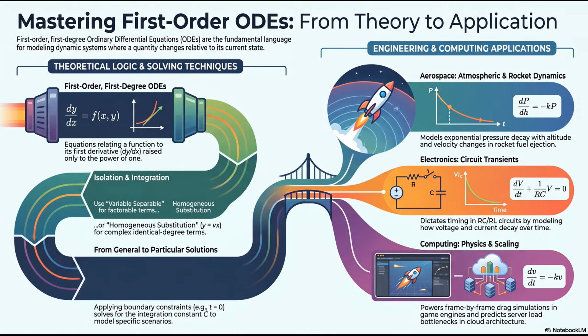And the goal is to factor it so that you put all your darks, let's call them the x variables, and the dx on one side of the equal sign. And all your lights, the y variables, and the dy on the other side. Exactly. That analogy actually captures the structural elegance perfectly. You cannot easily integrate or solve an equation if the variables are all tangled up. Right, they have to be separated.